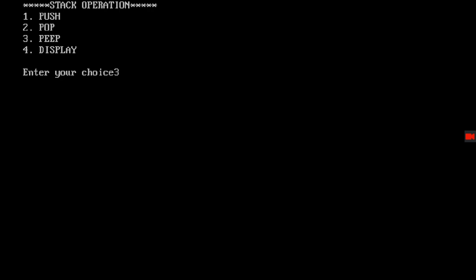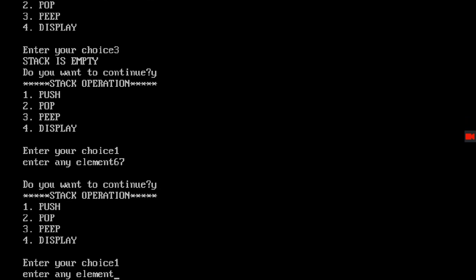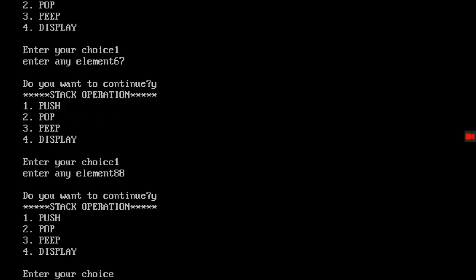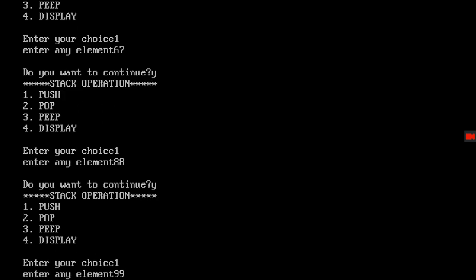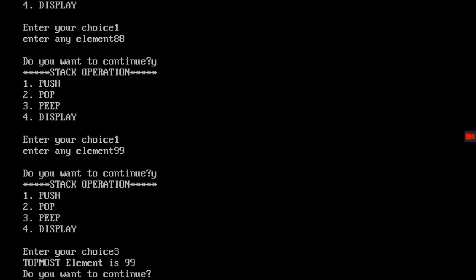So if I directly enter the third choice, peep, stack is empty. Do you want to continue? Yes. Then if I push some elements, 67, yes, 88, yes, then 99, yes. Now if I enter 3, that is peep, the topmost element is 99.